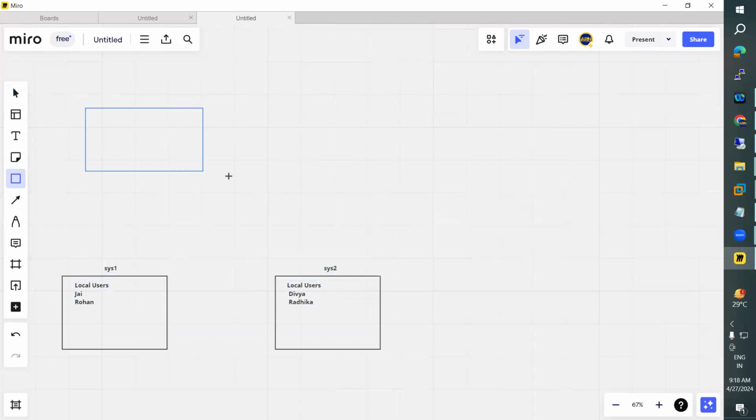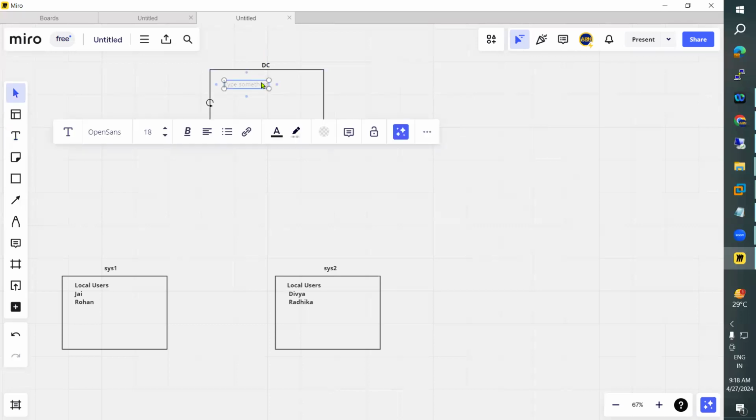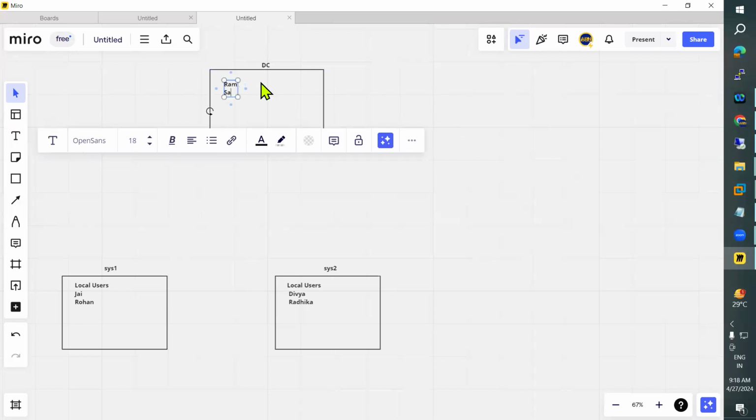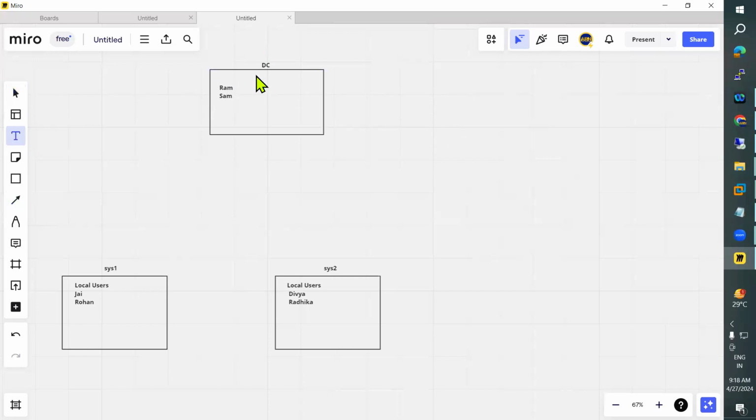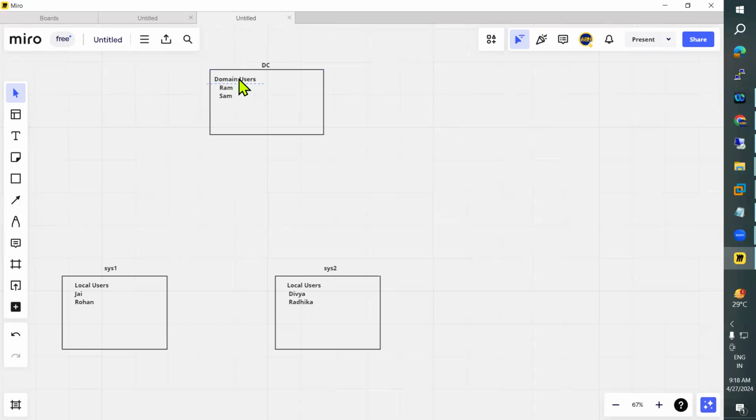See, this is a domain controller. This is domain controller, DC. We call it DC in short form. DC means domain controller. So in the domain controller, I created users like Ram, Sam. I created users here. We call them domain users. These are all domain users because these users, for example, under this domain controller,